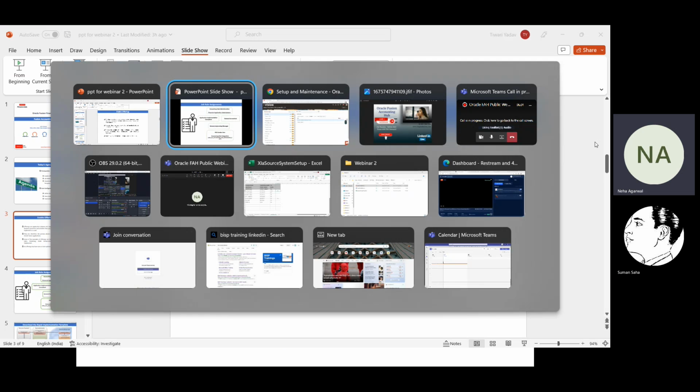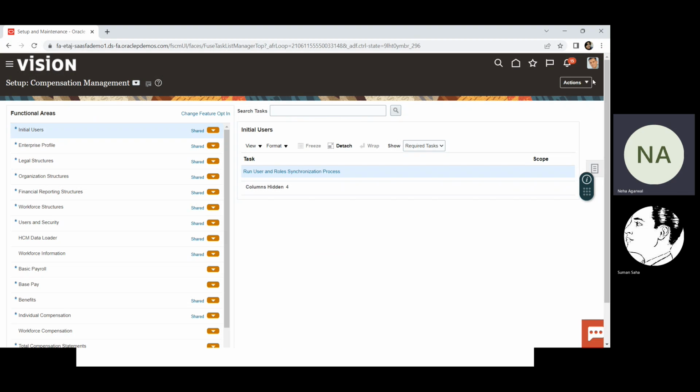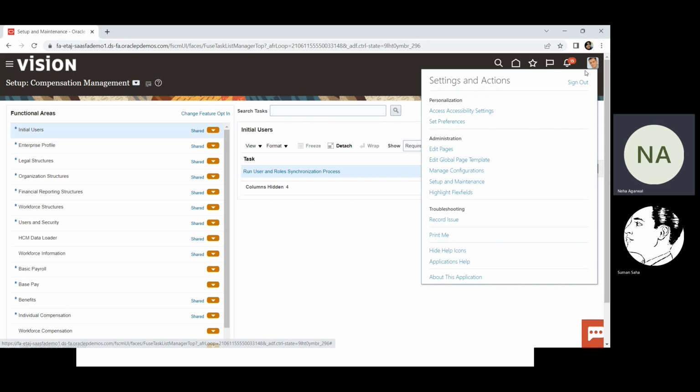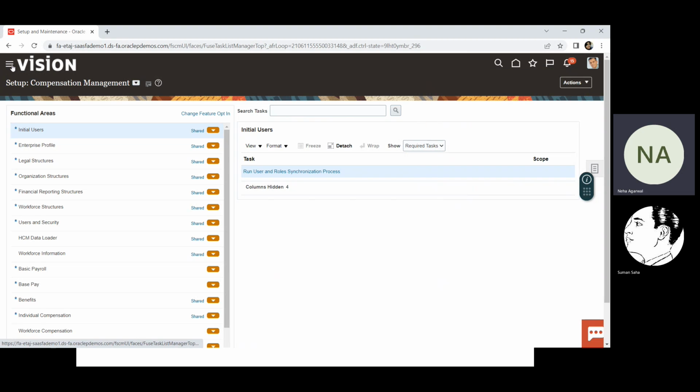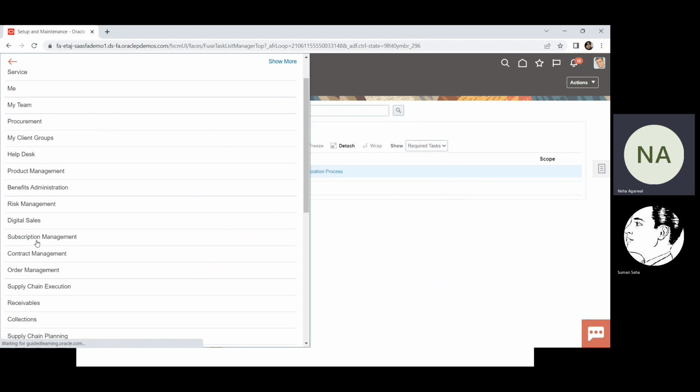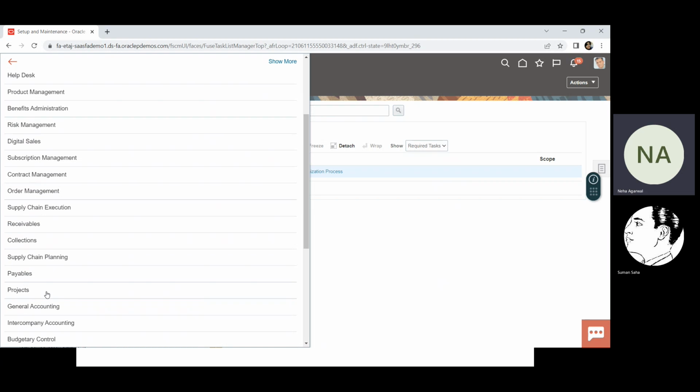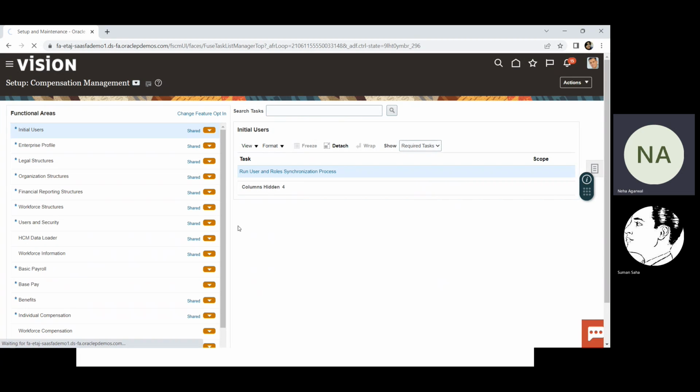I'll take you to the screen just once. See, as this user is having the application implementation role, he can go to the setup and maintenance area. And for the other users who are not the implementation users, based on their access and role, they will have all these areas like receivables, payables, projects. So through this, they can navigate, or through the home page, which I have recently told you that in the home page also, based on our roles and access,